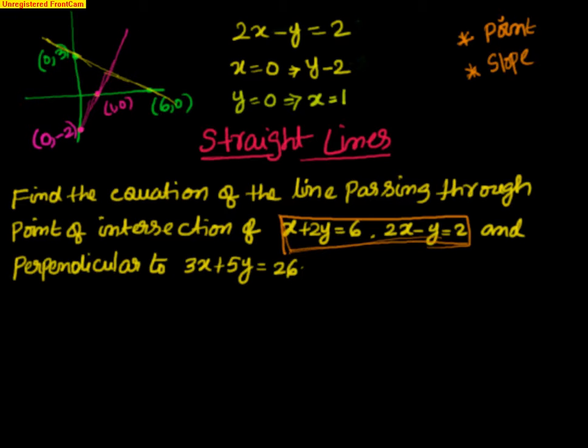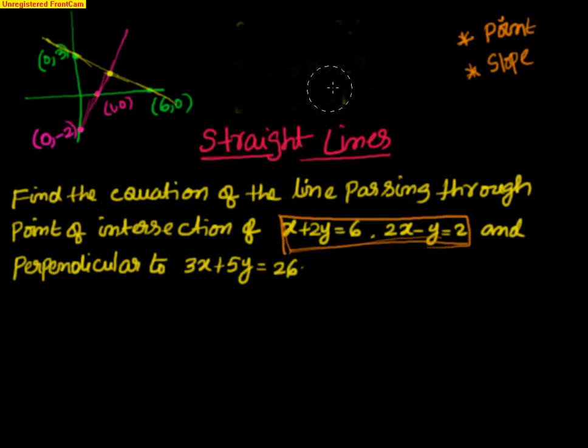If I have the graph, I can find the point immediately. I know that this is 1 comma 0, so the intersection should be somewhere around 2 or 3. Let me try to put 2 or 3 values here and see how to find the point of intersection. That's one way of doing it. We will also do it the algebraic way. So I have to find this point of intersection.